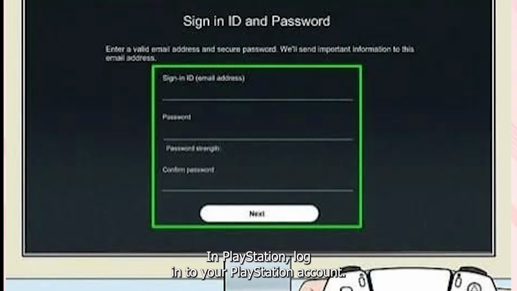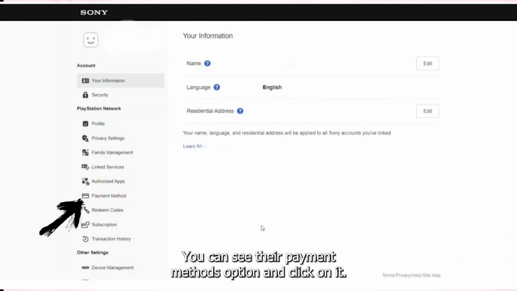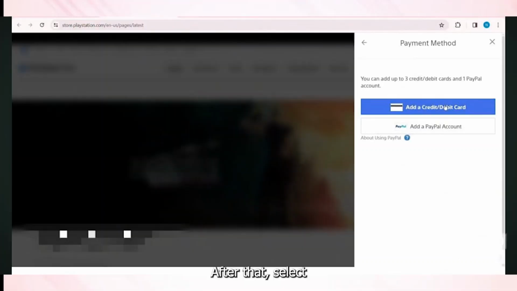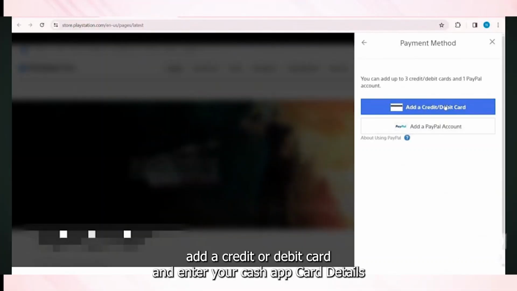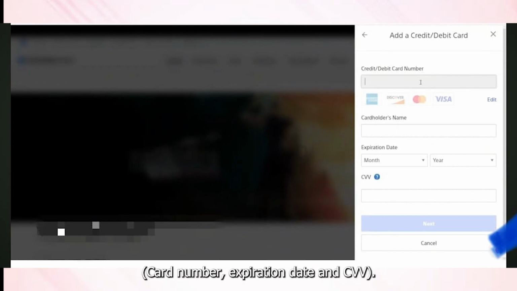In PlayStation, log into your PlayStation account. Go to the Settings option on the top right corner of the page. You can see the Payment Methods option and click on it. After that, select Add a credit or debit card and enter your Cash App card details: card number, expiration date,